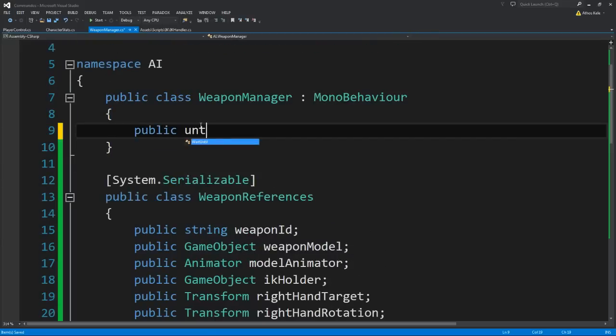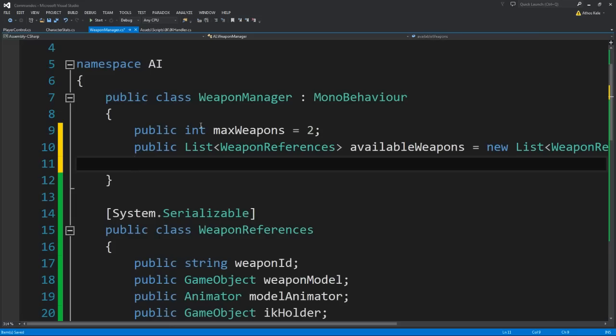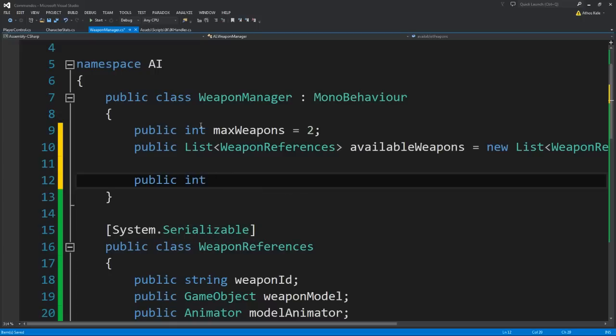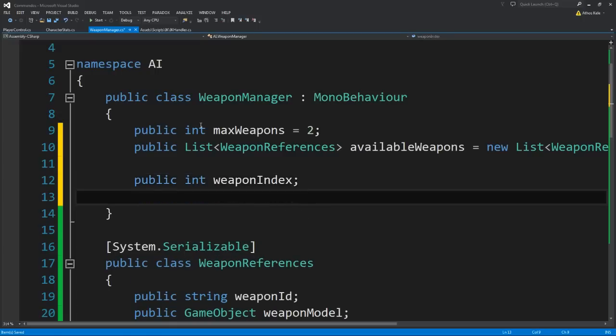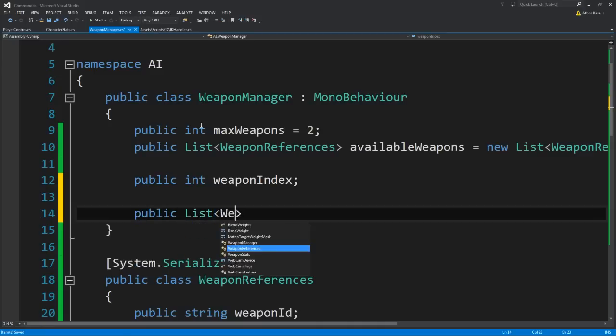we can come over here and say we want to see the maximum weapons we can carry, and we need a list to say weapon reference, the available weapons the character has, the weapon index. Since we want to have 2 weapons, let's just add, for initialization purposes, second weapon index, and I think that's done since I do not have a second weapon, so we're not going to add it. And we're going to create a list which we're basically going to add all the weapons